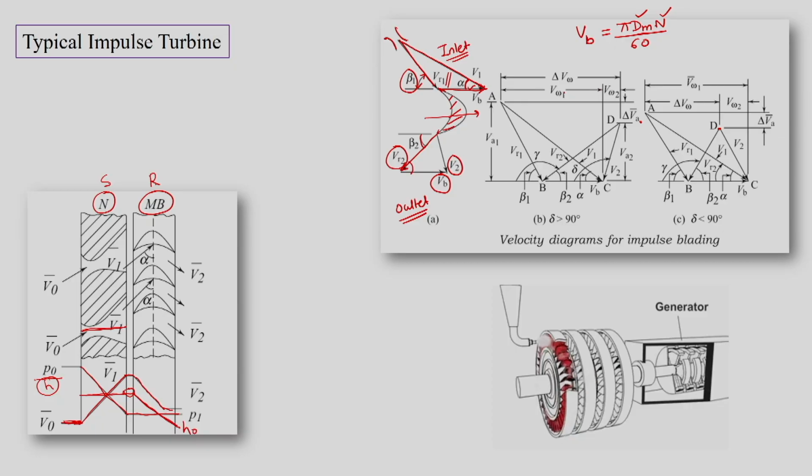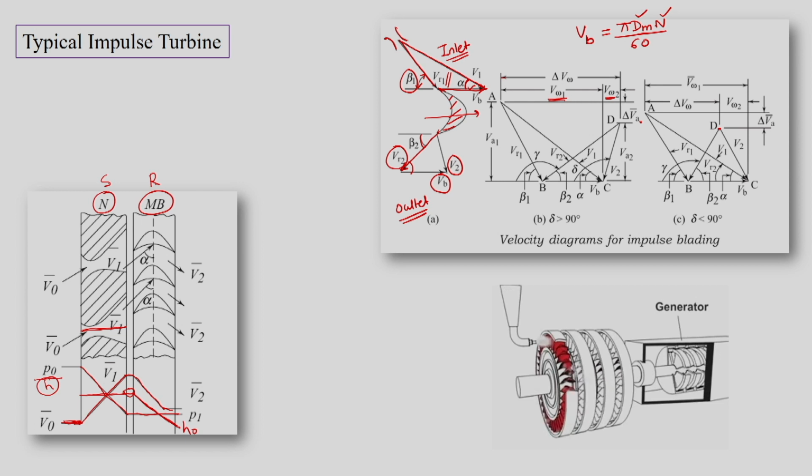There is some velocity, the angular velocity Vw1, at the entry to the blade, but that angular velocity will get reduced to Vw2 at the outlet. So the difference in angular velocity is delta Vw for the steam, and this change in angular velocity is responsible